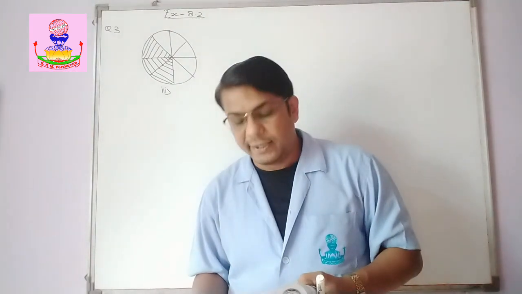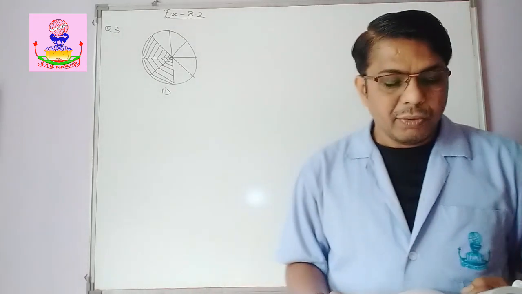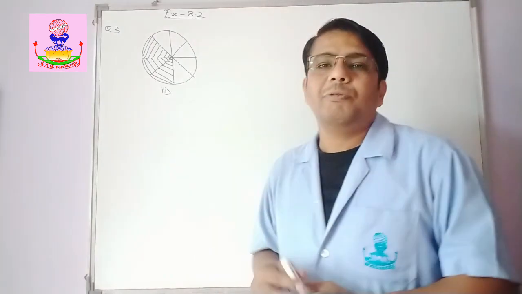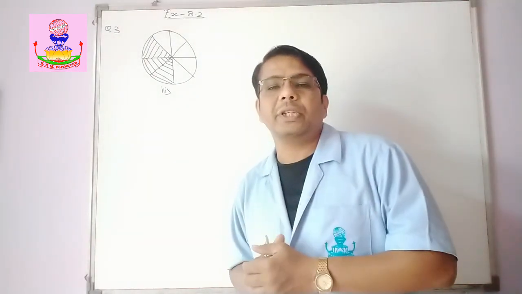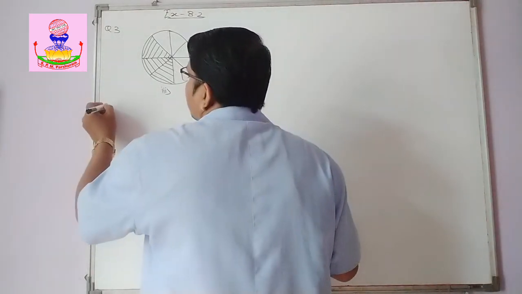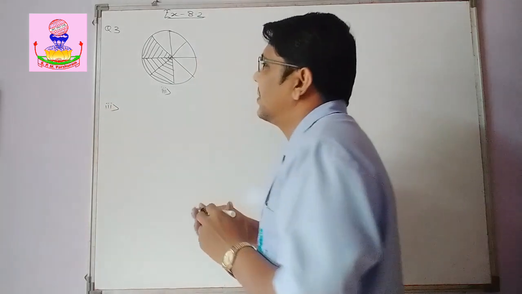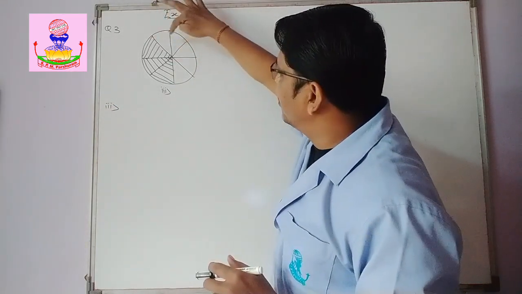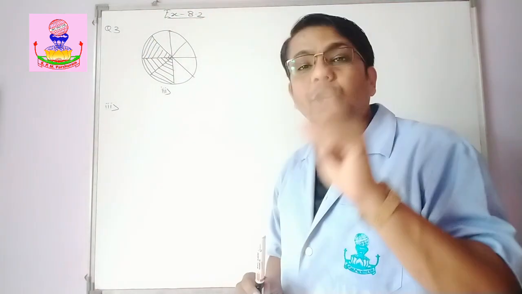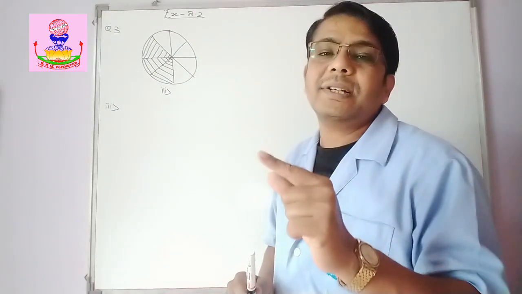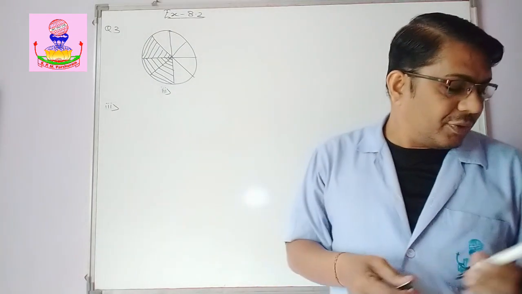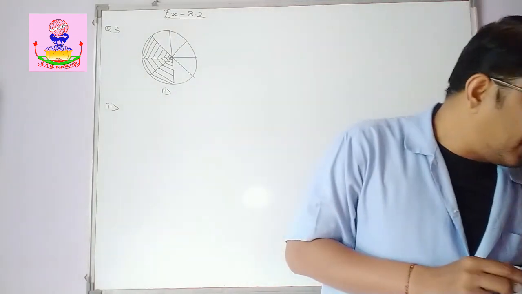Now see question number 3. Estimate what part of the figures is colored and hence find the percent which is colored. Okay. Now from that, the 3rd one I am solving. 1st and 2nd you are supposed to do as homework. Now see here. 3rd one. Total how many parts? First count them. Okay. So 1, 2, 3, 4, 5, 6, 7, 8. 8 parts are there. Out of that, how many are colored? So 1, 2, 3. Okay.